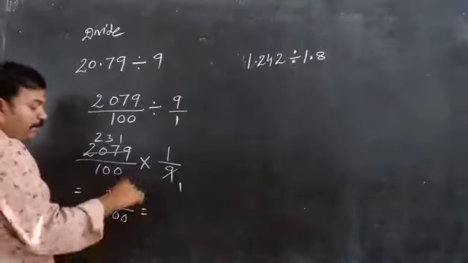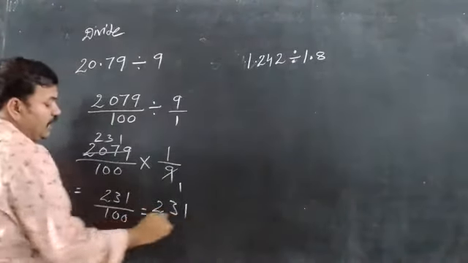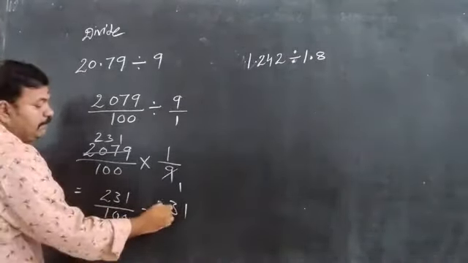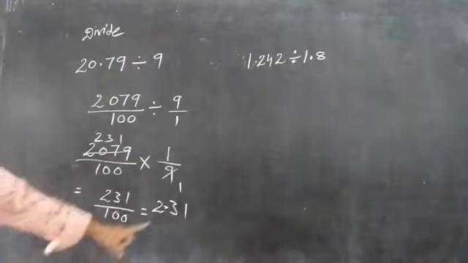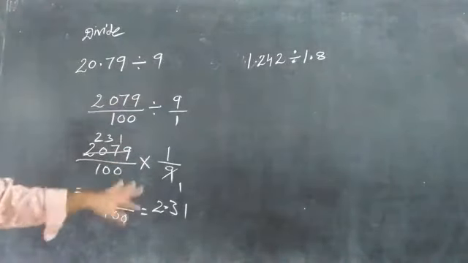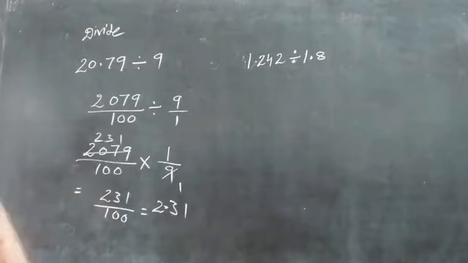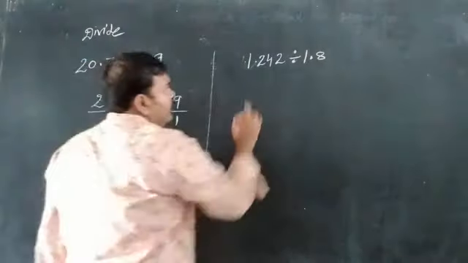Changing into decimal form now. First write 231. There are 2 zeros, so after 2 digits keep the point. Just take the reciprocal, after taking the reciprocal, cancellation, and we have to do that once. This is the sum here we are having.